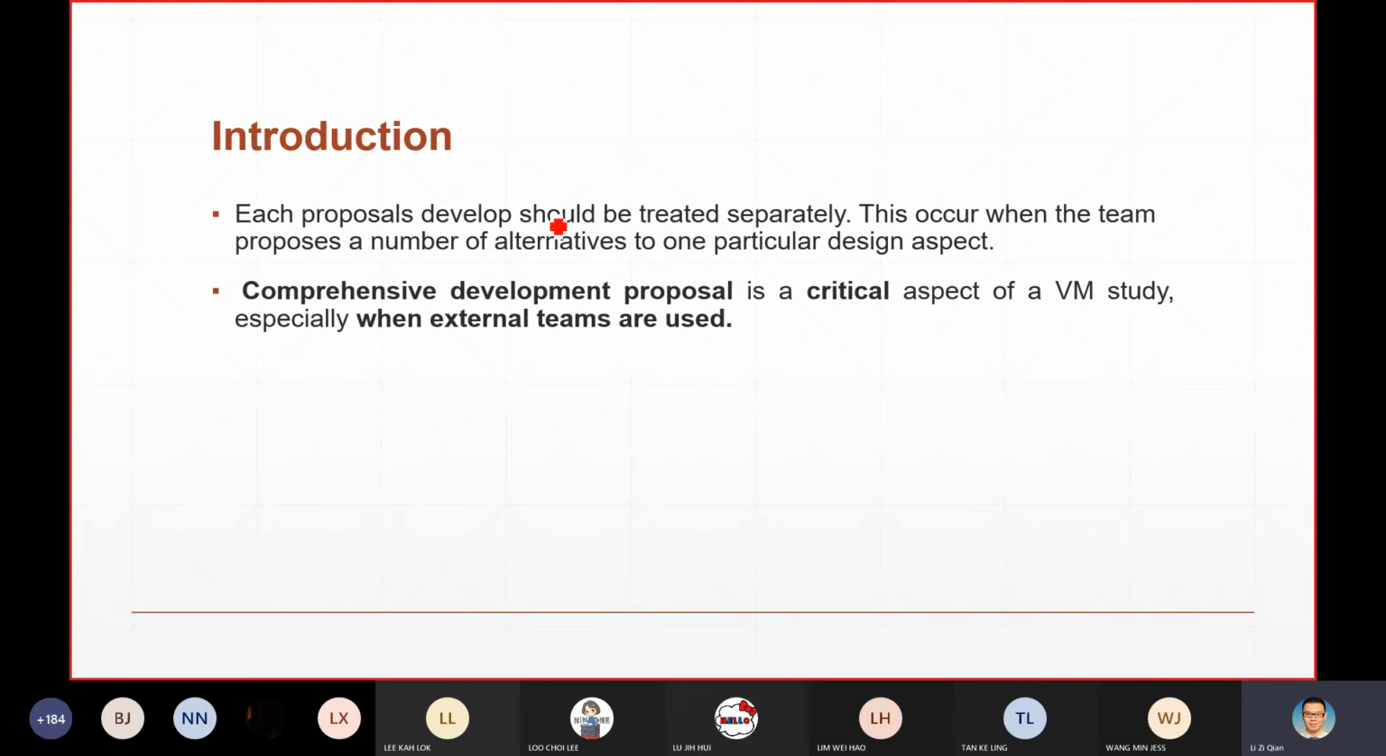Each of the proposals developed should be treated separately. This occurs when the team proposes a number of alternatives to one particular design aspect. If you have different proposals, each proposal should have an individual development, rather than merging them together. So in this phase you need to have a comprehensive development